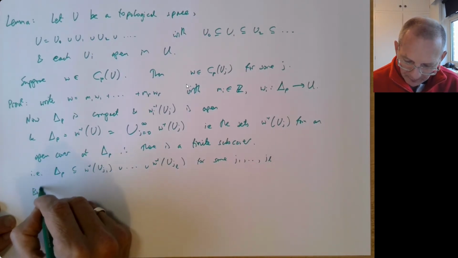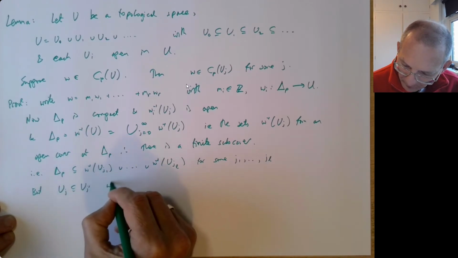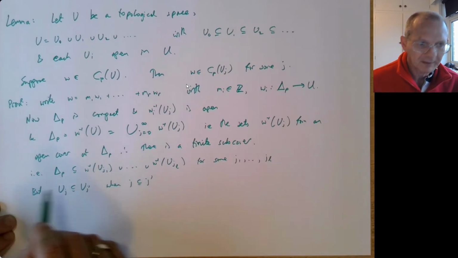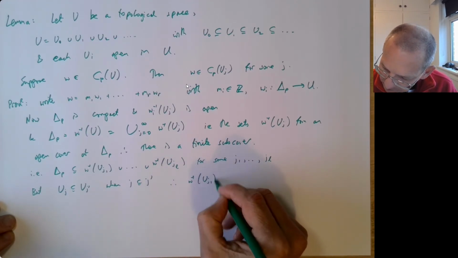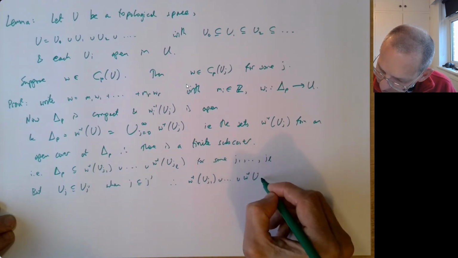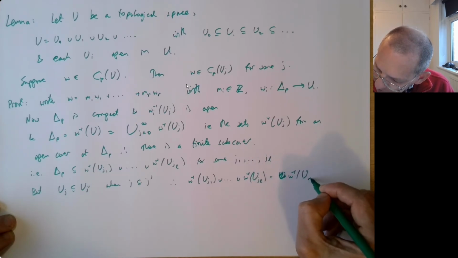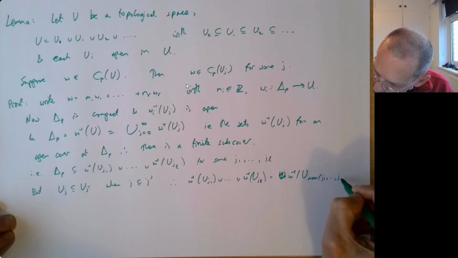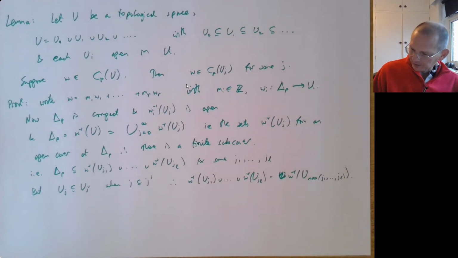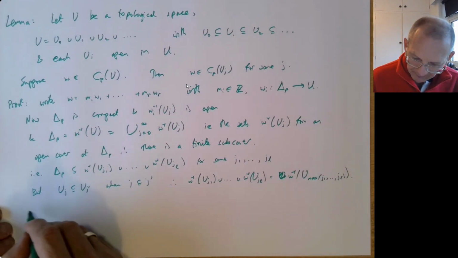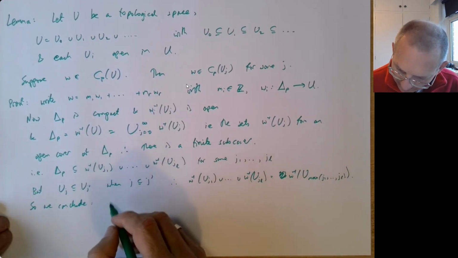But these U_j's are all nested inside each other, so this union is just equal to the last thing in the union, because everything's nested. So we conclude that